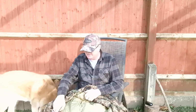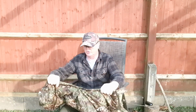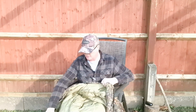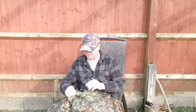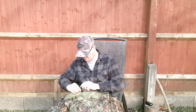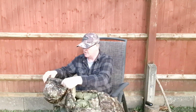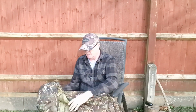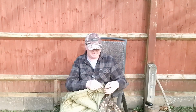Okay, so before we go down the zip, we'll just go to the hood. Now the hood has cinch lines in, one on the left, one on the right, with toggles. Again, good quality, nicely stitched in, and it's got an olive green inside rather than multicam, but it's nice and thick. And you have a neck baffle